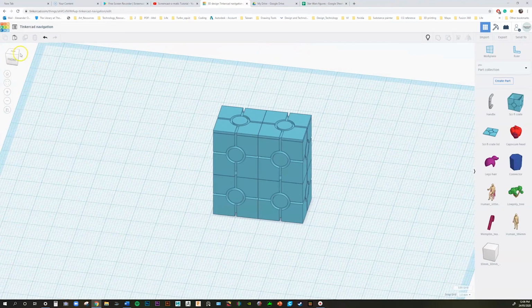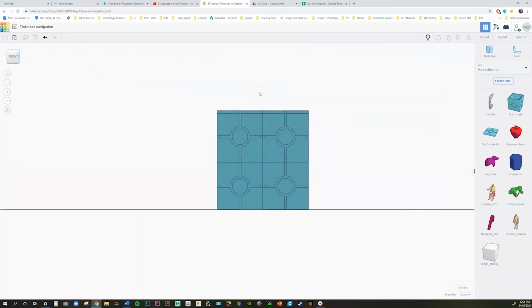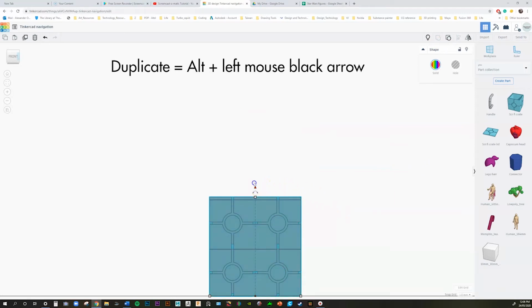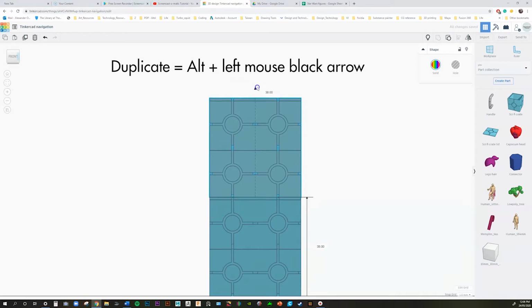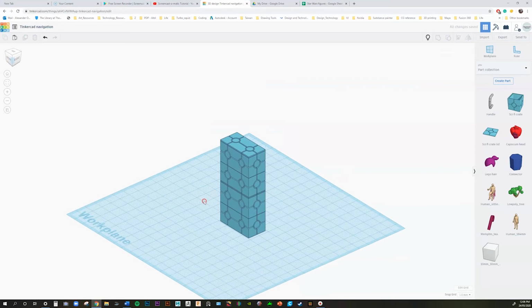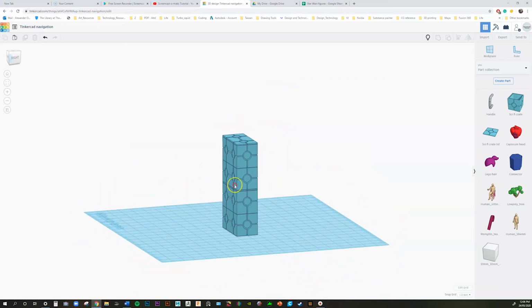There's another option to copy and paste. So I'm going to group these ones again. Ctrl G, I'll press the button. I'm going to hold down Alt, and when I click this black arrow, it creates a duplicate. So you can see how quickly and easily you can make some pretty interesting